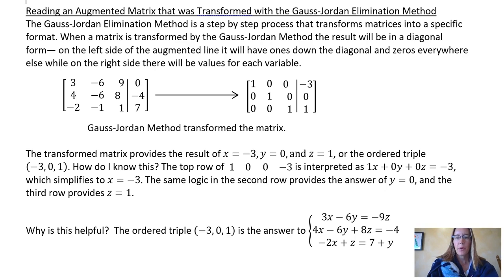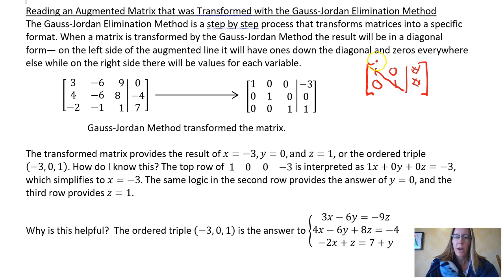So for example, if I had a matrix that was 2 rows, then I would have a 1, a 0, an augmented line, and then some sort of number on this right-hand side. And in the second row, I would have a 0, a 1, and some sort of number on the right-hand side. We'll see those ones going along the diagonal to the left of the augmented line and zeros everywhere else. Now on the right-hand side, there will be values,